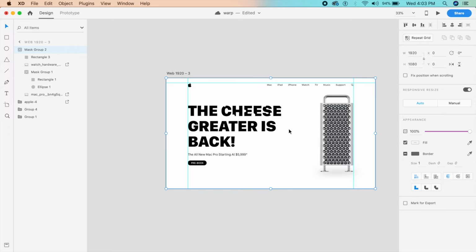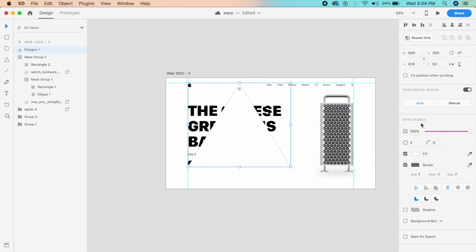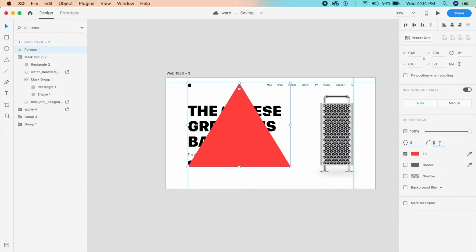Now the next trick, so to say, that we have to do is to select the Polygon tool. Go ahead and select the Polygon tool from the toolbar on the left, or you can just press Y, hold Shift and create a quick clean triangle. Now this is a polygon, and I'm not going to change the number of sides this time. First let me quickly change the color. I'll be changing the curve of the edges. From 0, I'll take it to about 5,000. You can actually put a lot of numbers in this, so I'll just go for 5,000